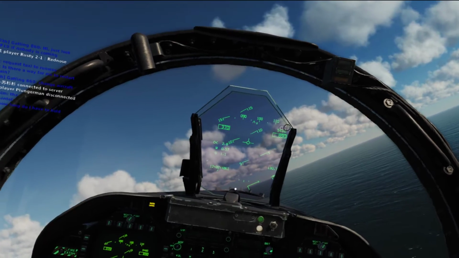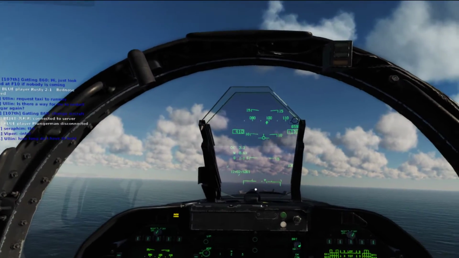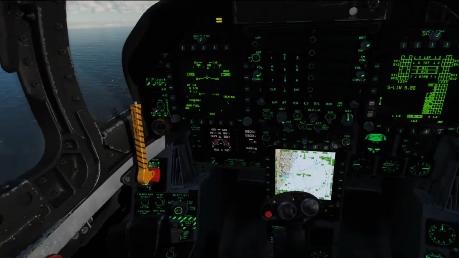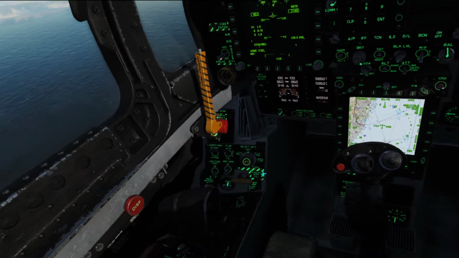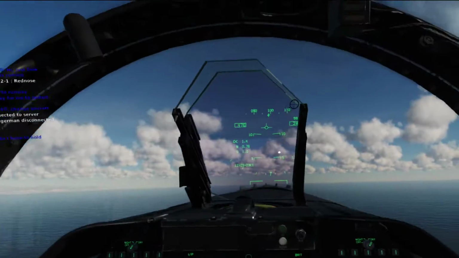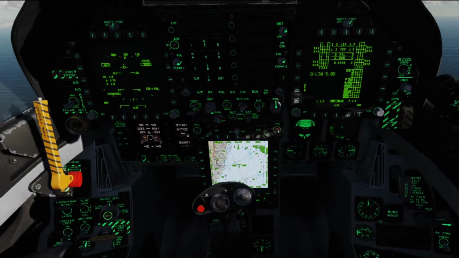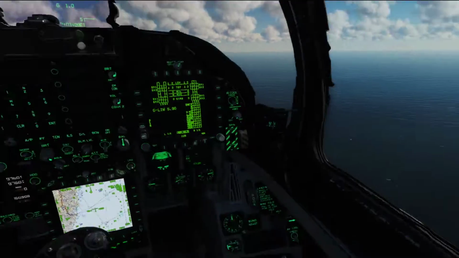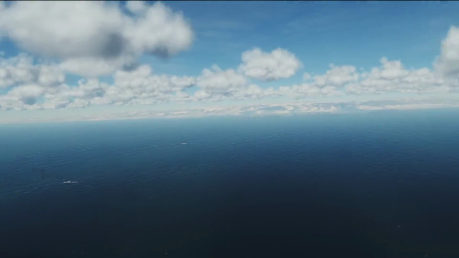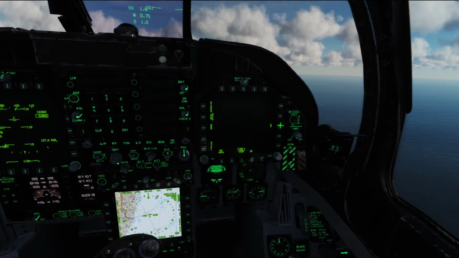Then continue on for waypoint 26, which is 130 nautical miles. Still in afterburner, so we'll take it down a bit. There we go. And then we'll get up to an altitude of about 25 to 30,000 feet. Yep. So now that we're in the air, I will select